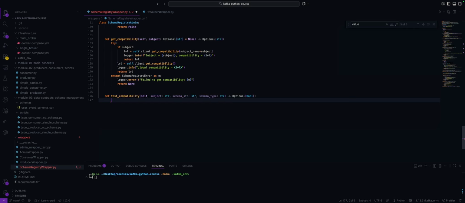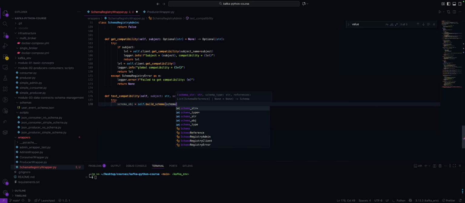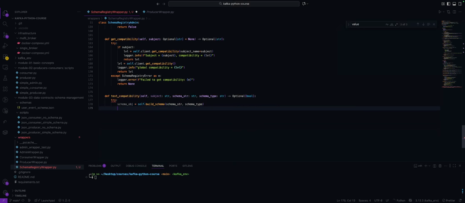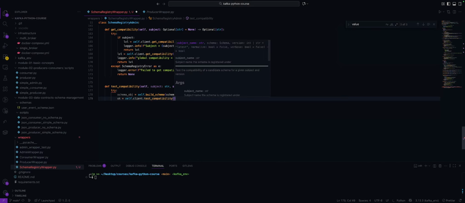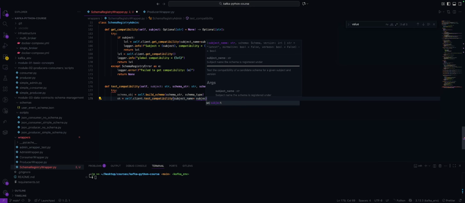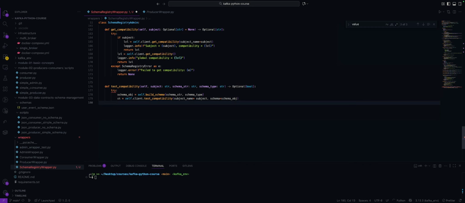Okay, so I can do a try, build the schema. We get the schema string, schema type, and it'll be like, okay, it's okay if we get the client test compatibility function. We get the subject, and the schema will be the schema object. Okay, so we can log that to say